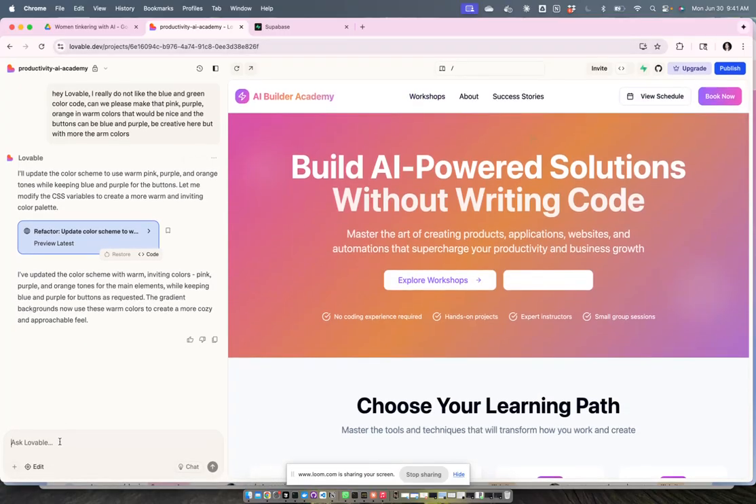So what we can say is, hey, can you make the navigation bar also please with the same background as the hero section. So hero section is this one that you see where we say build AI powered solutions without writing code. So the whole block is kind of the hero section. So you can say, hey, can you make the navigation bar also please with the same background as the hero section, and the